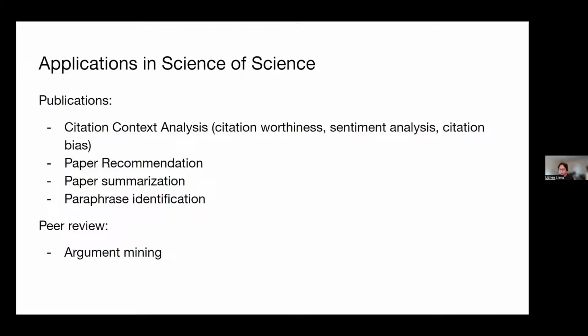And because there are so many papers, it's not practical to read through all the research papers. So it's important to develop methods that could automatically process the publication and generate a summarization of that paper. And because, as I mentioned, there is an exchange in the peer review process between peer reviewers, editors, and authors, argument mining would provide a very interesting aspect for us to understand how that process works.